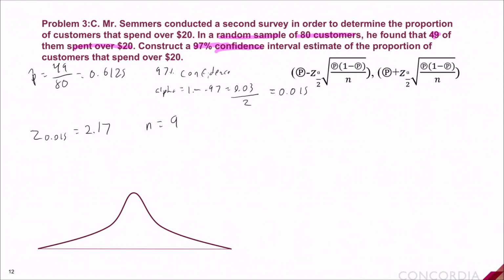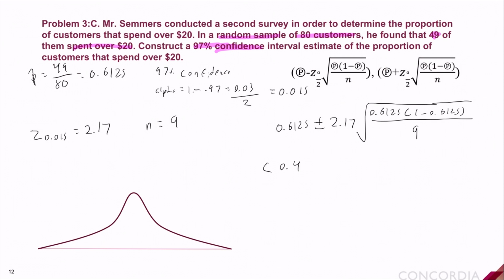Now that we have all the values needed, we can plug it into our equation, which would be 0.6125 plus or minus 2.17 multiplied by the square root of 0.6125 times 1 minus 0.6125 over n, which is our sample size, and that gives us an interval of 0.4943 and 0.7307, which basically means